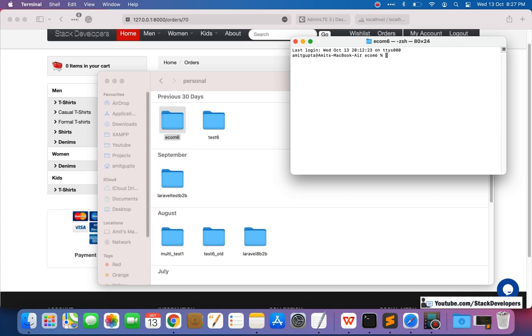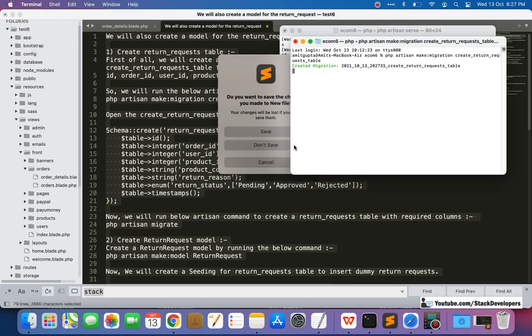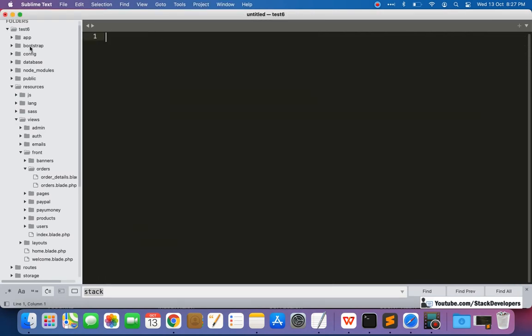So here I'm going to run php artisan make:migration create_return_requests_table. Okay, fine. So we have created this file.